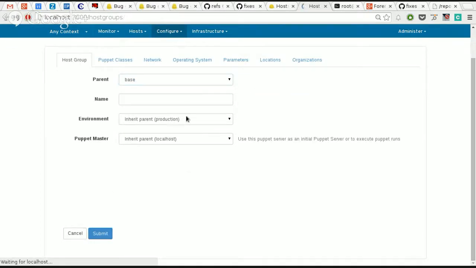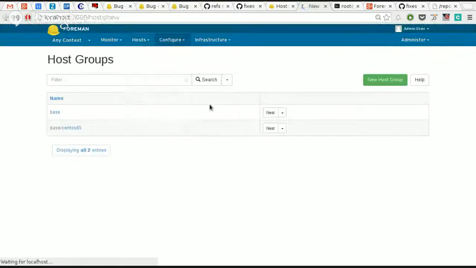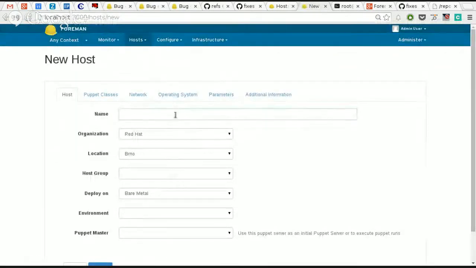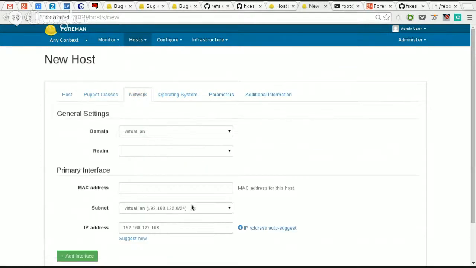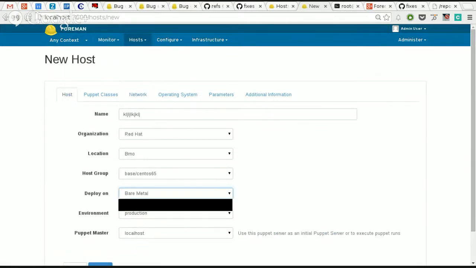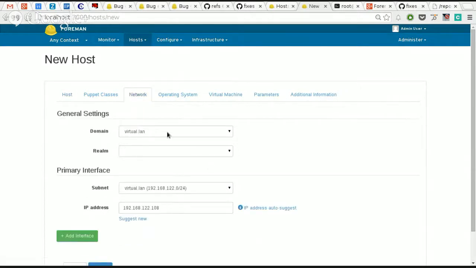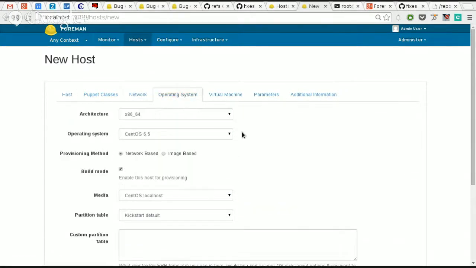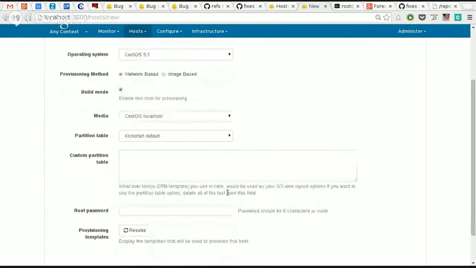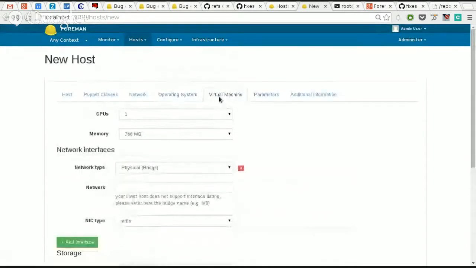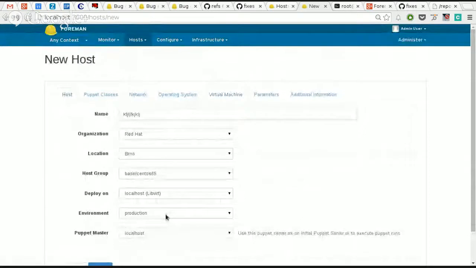So once you have it, we can go back and create a new host. Usually we only need to give it some name and then select the host group. As you can see, everything's pre-filled. Puppet classes should be pre-filled. Network, obviously, so let's select libvirt, and this is all the information required. The password should default. And the only thing I need to select is the virtual machine, and I can even solve this with